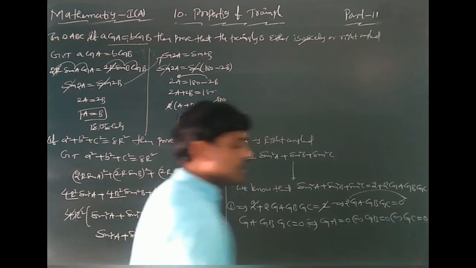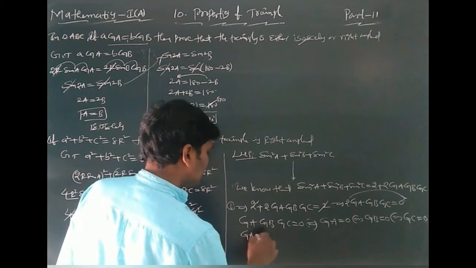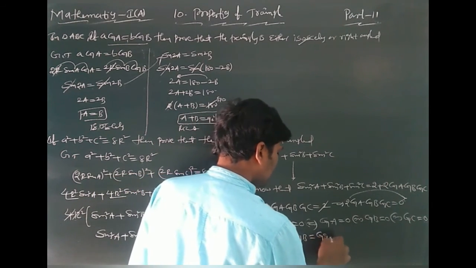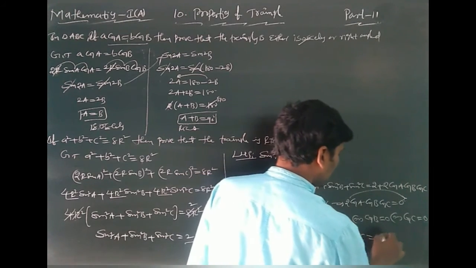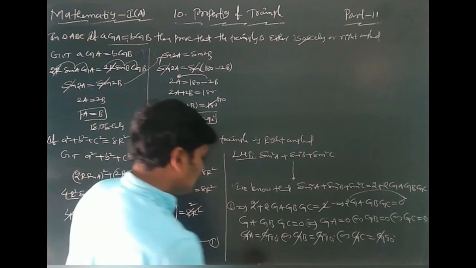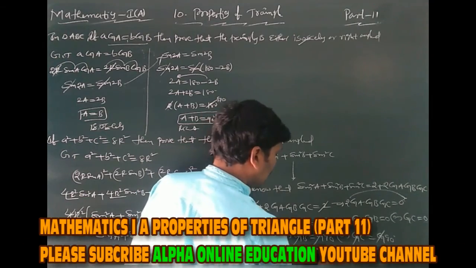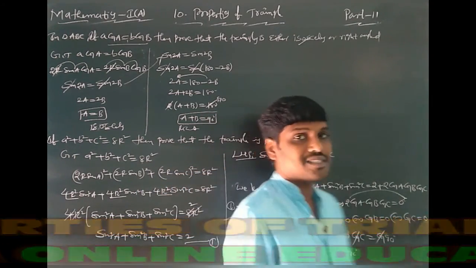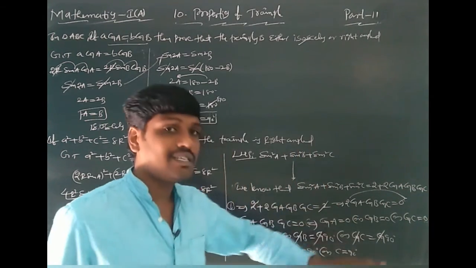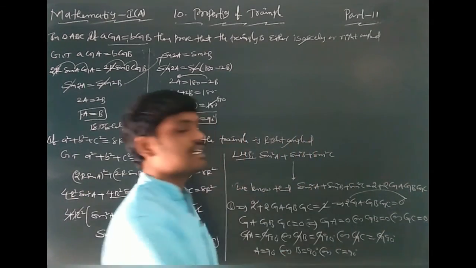Here cos A equal to 0. Cos of which angle is 0? Cos 90 degrees is 0. That's why I can write cos A is equal to cos 90 or cos B equal to cos 90 or cos C also equal to cos 90. Why? Because the cos 90 value is 0. Cos gets cancelled, then A is equal to 90 or B is equal to 90 or C is equal to 90. What is the meaning of this, students? In triangle ABC, any one angle A or B or C equal to 90 degrees, that triangle is called a right angle triangle. This is also completed.